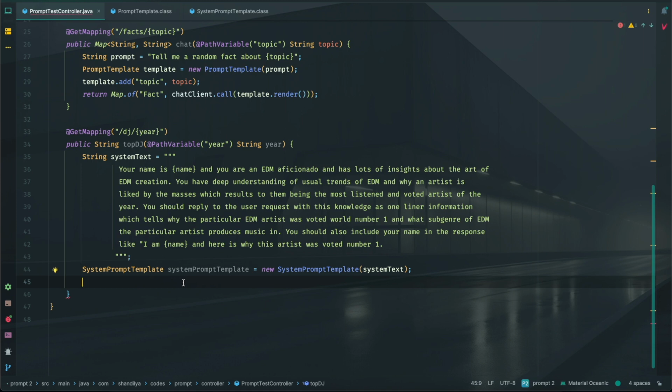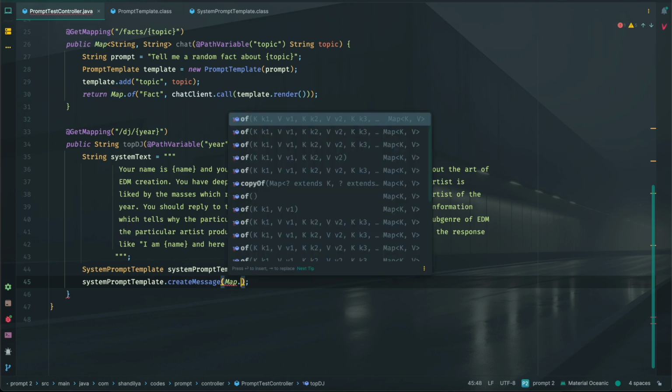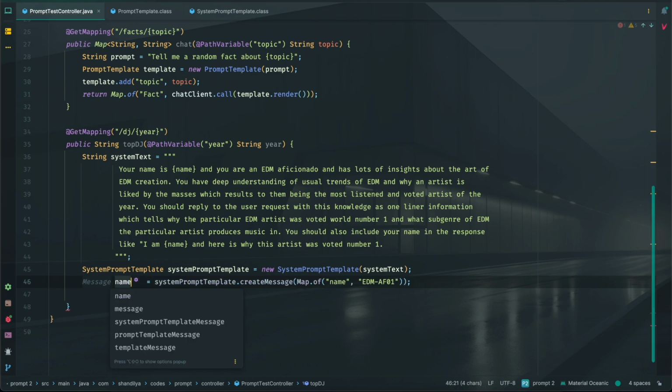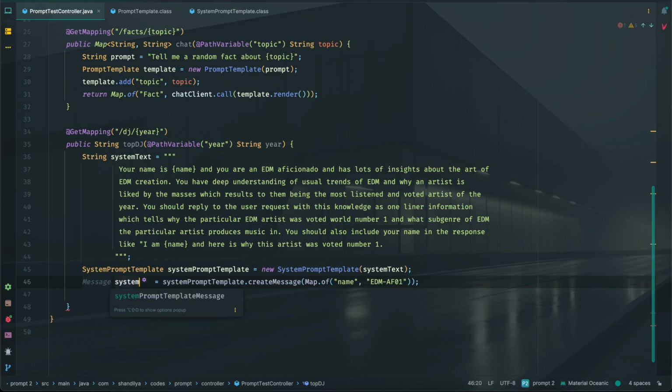So this prompt template does provide us a create message method other than this add method. We will be making use of that. So system prompt template dot create message, and we can pass the map of, basically we had one placeholder, the name, and let's pass the name, maybe call it as EDM, something like this. So now we can assign this to message, maybe call it as system